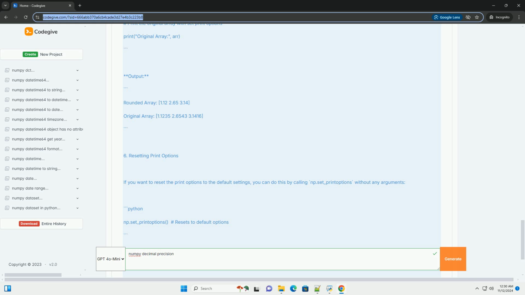#5. Example, combining both approaches. You can combine both the np.set_printoptions and np.round methods for better control over your output. Output: